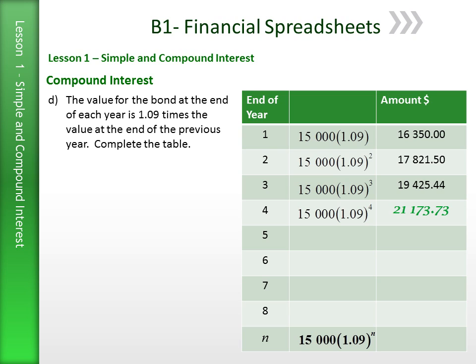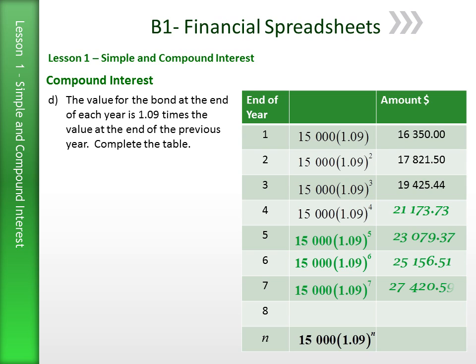For year 5, the formula would be 15,000 times 1.09 to the 5th power. So notice our power is matching the year. We get a value of $23,079.37. We can continue doing this through year 6, and year 7, and year 8, and you should be able